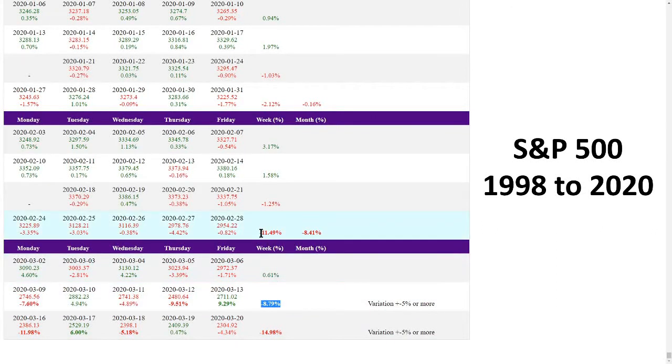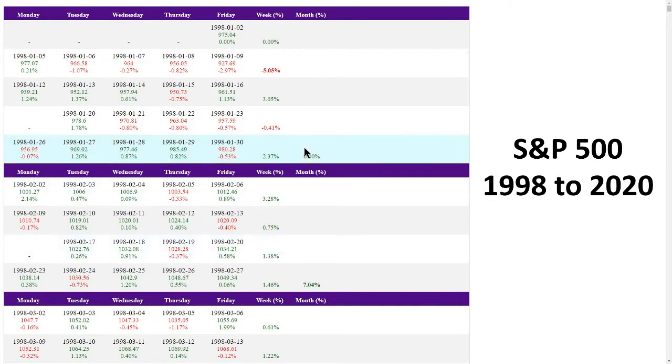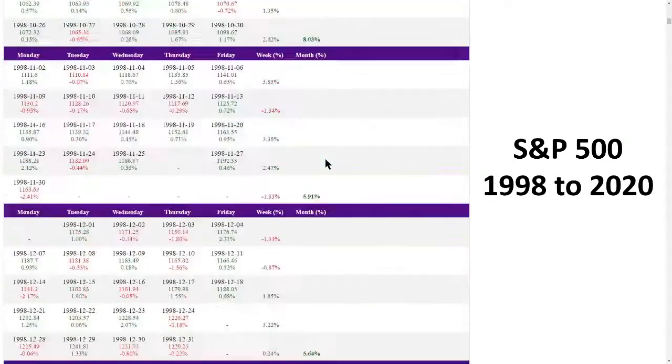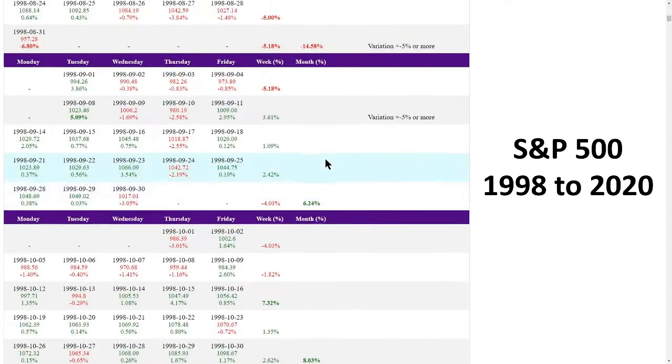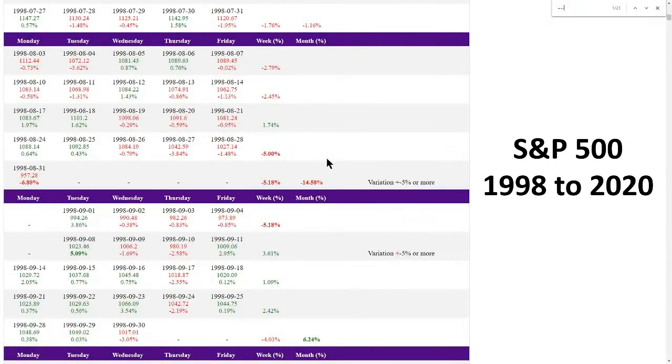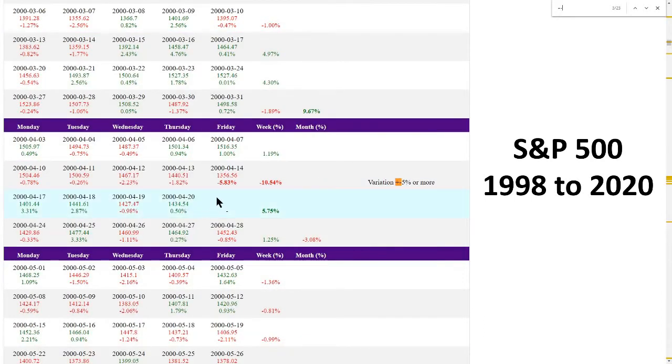And if we go back 3-4 weeks ago, basically 4 weeks ago, we lost like minus 11.49%. So what I'm seeing here, let me go back. I'm going to the top, all the beginning here. So we see that this is not common. Let's get all the variations that are 5% or more in a single day. So we will see here that it is not that common,